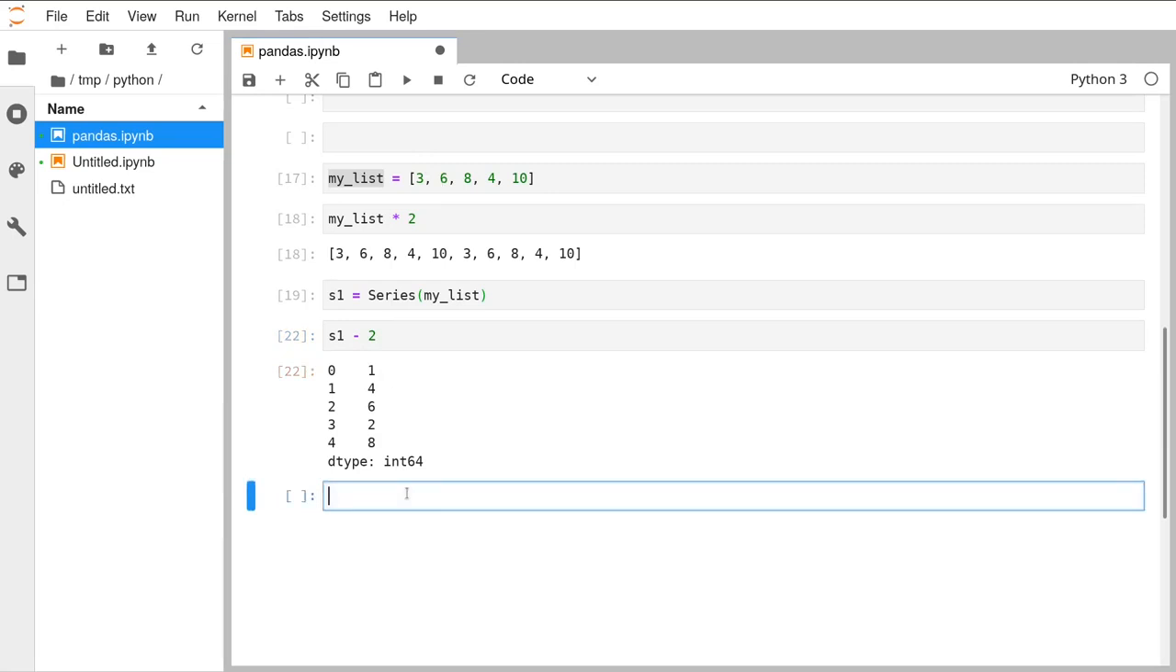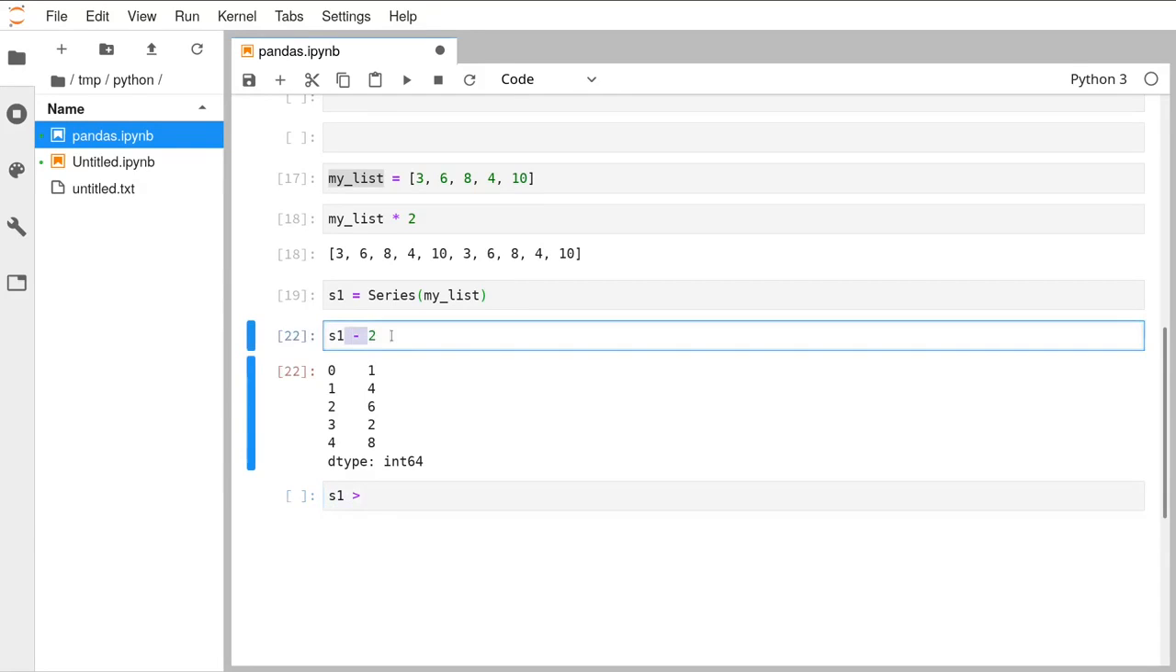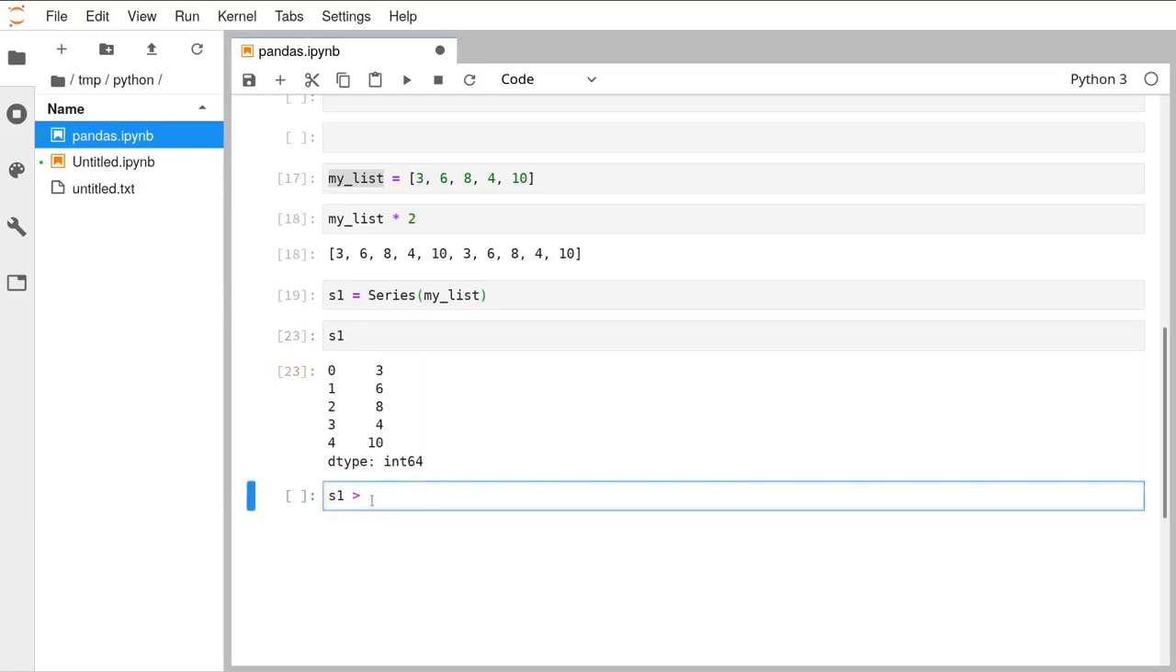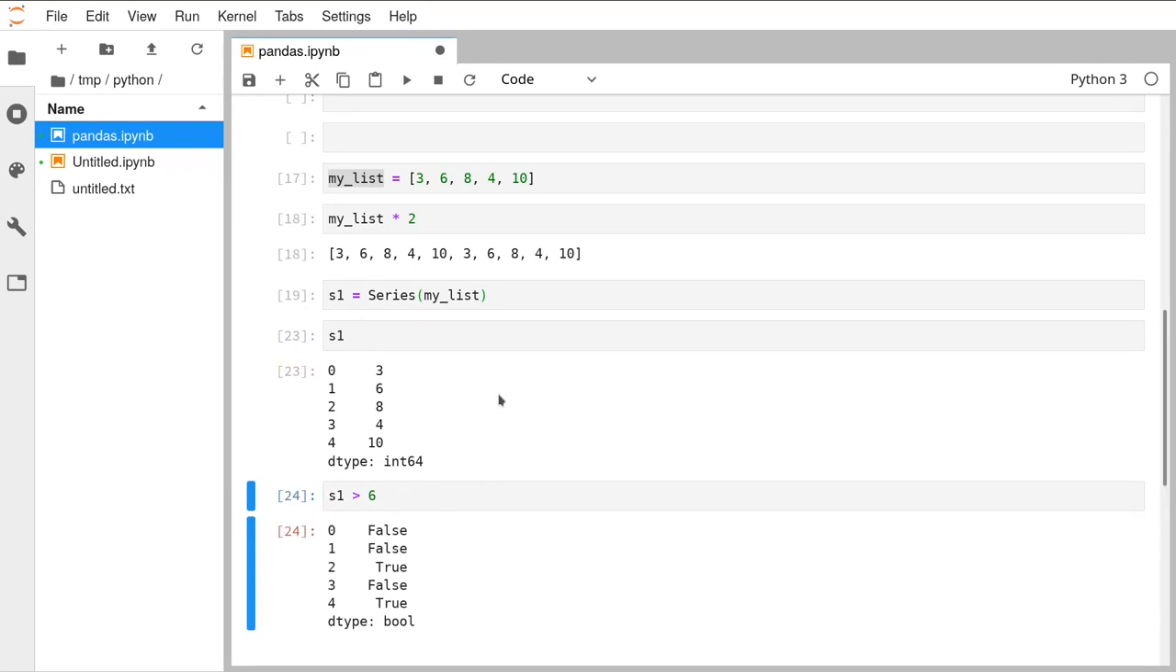We can also do Boolean operations, so logical questions about our data. So instead of doing a mathematical operation which changes the numbers, we can ask questions which are going to give us back true or false answers. So for example, I'm going to change this cell here just to be S1, so we've got a reference: is S1 greater than 6? And we run that, and it gives us back the answer,